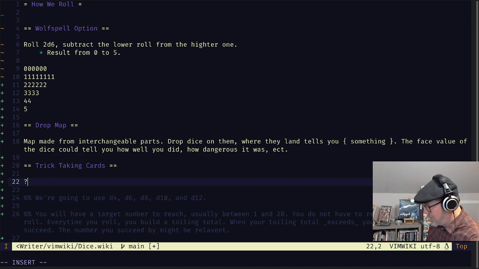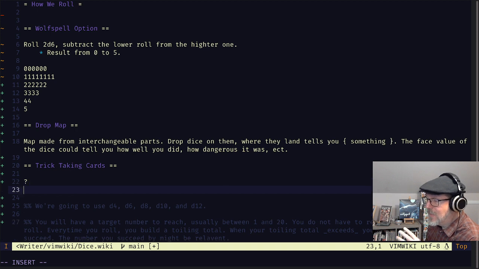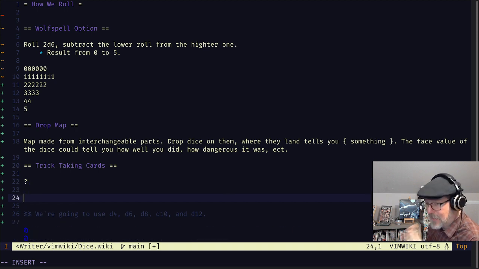So I'm going to put a question mark here because I don't have a well thought out idea for how to do this as a trick-taking game. A part of it is that those games tend to be really tightly balanced, or at least they appear that way to me, and I think that might be difficult to do with all of the options that we have laying about.